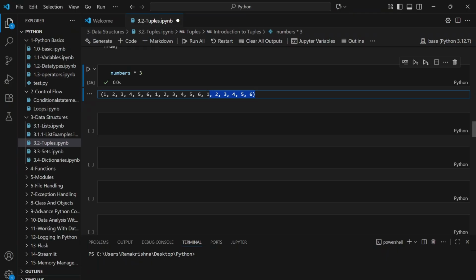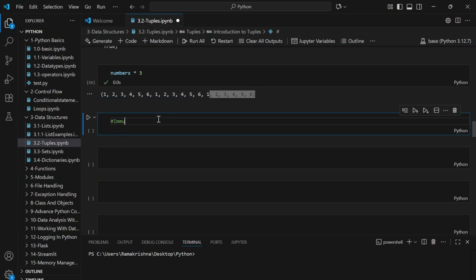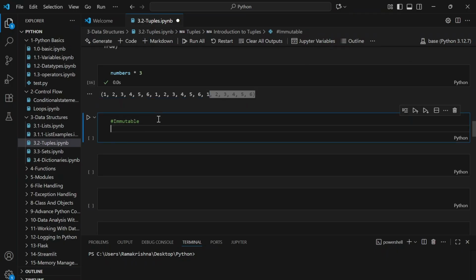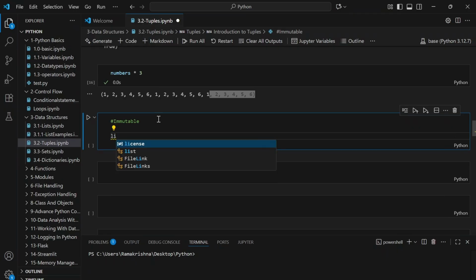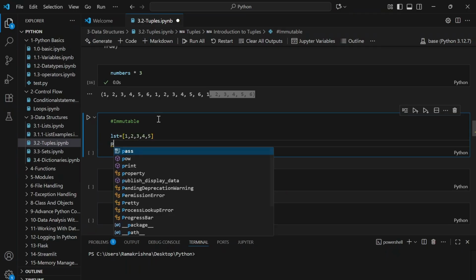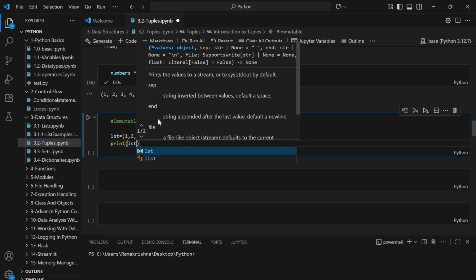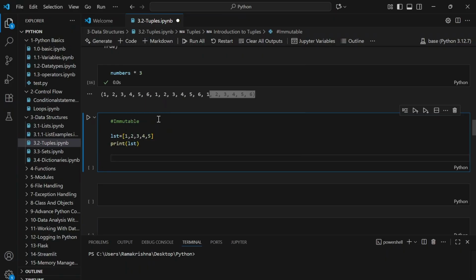Now let us discuss the immutable nature of tuples. Okay, so tuples are immutable, meaning their elements cannot be changed once assigned. So first we'll see how we do it in a list, how we can change the elements in the list. So I'm creating a list, I'm assigning the values as 1, 2, 3, 4 and 5. Okay, so I will print the value of the list here,